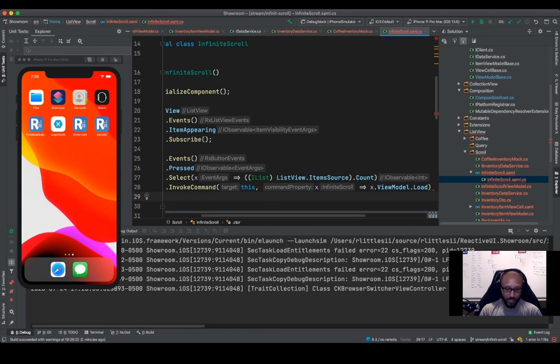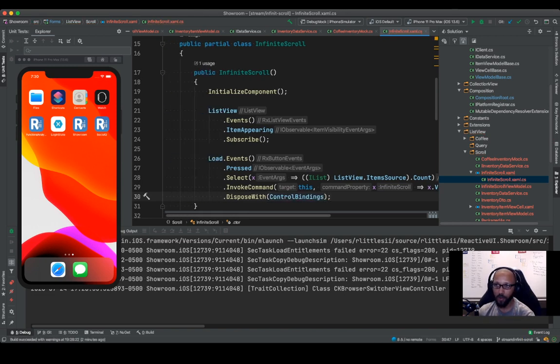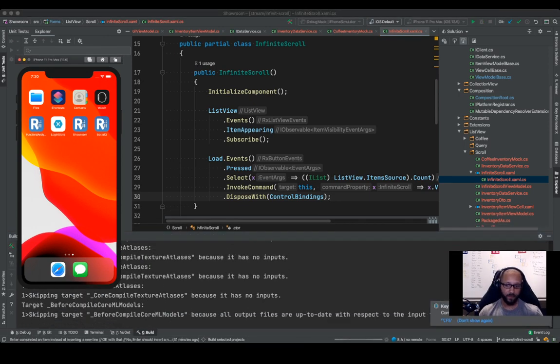And then we'll do a .dispose with, because we want to be a good steward of our code, the control bindings. All right, so we've got the bindings. So now our button is actually wired up. So when we run it again, this time,